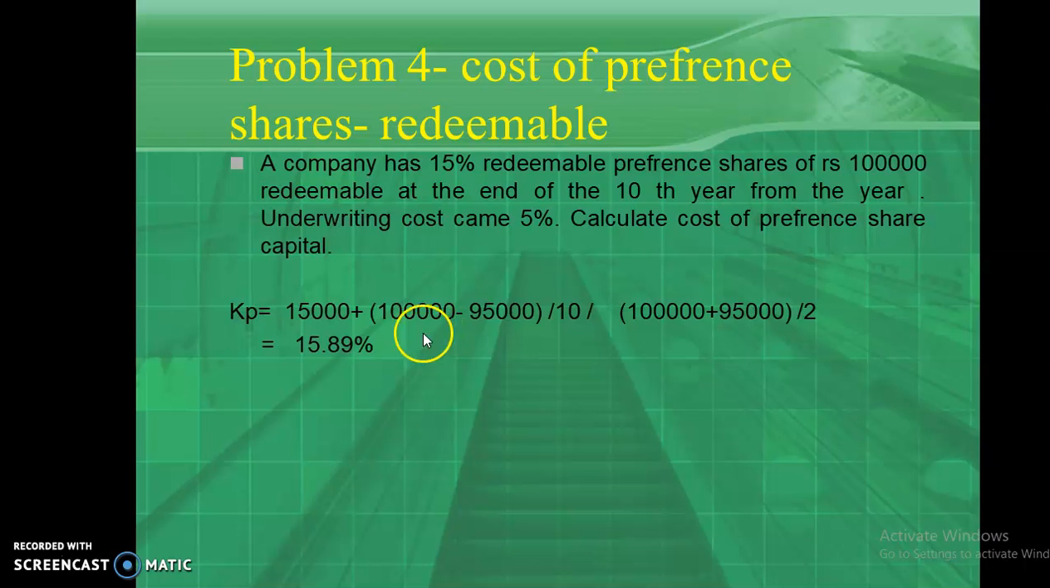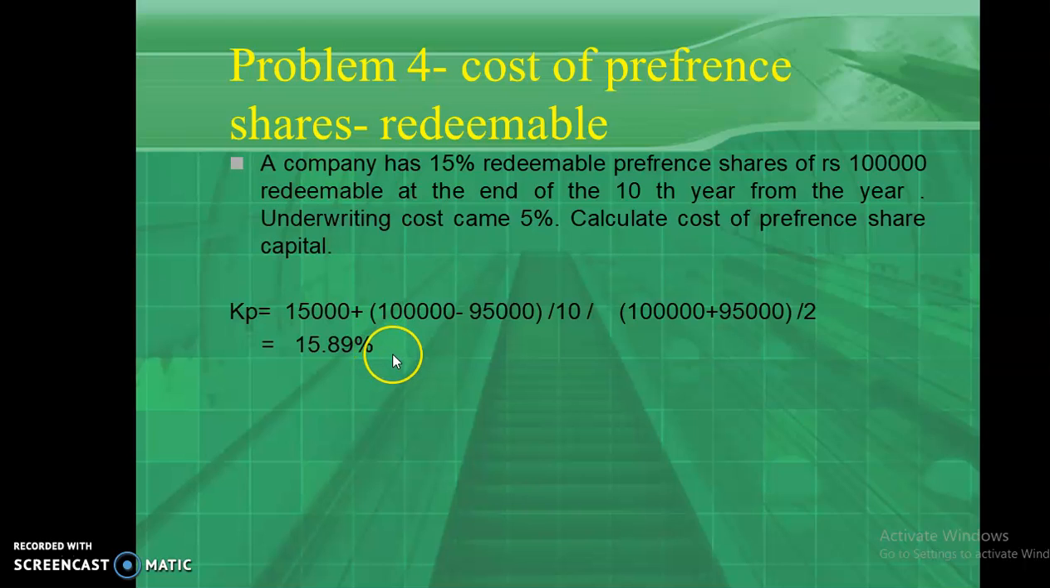So you are writing here redemption price or maturity value 1 lakh minus 95,000, that is actually the issue price after underwriting cost. So it's issued at 1 lakh minus 5%. So you will get 95,000 divided by the maturity period, number of years given 10. So divided by 10, all divided by, again, the maturity value, that is 1 lakh plus issue price 95,000, whole divided by 2. Now whole divided by 2, that's average. So you will get